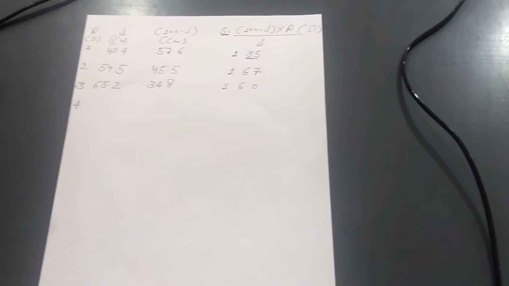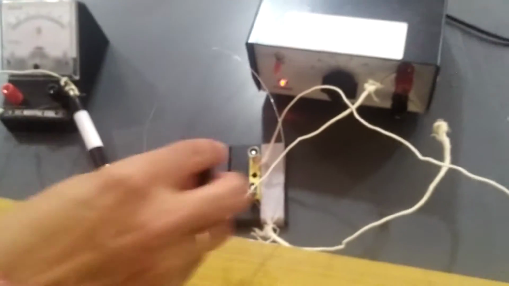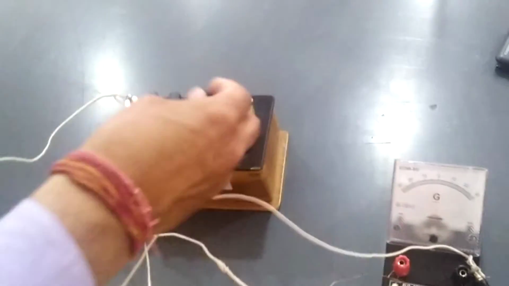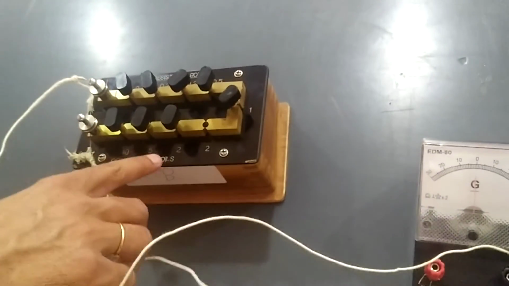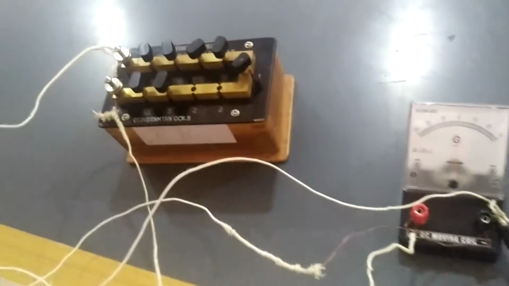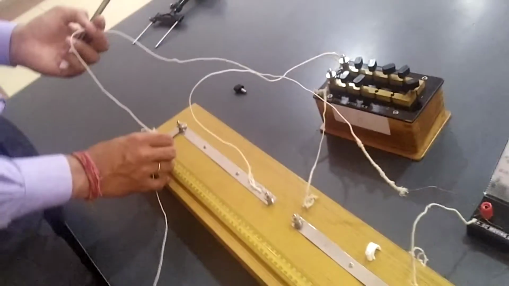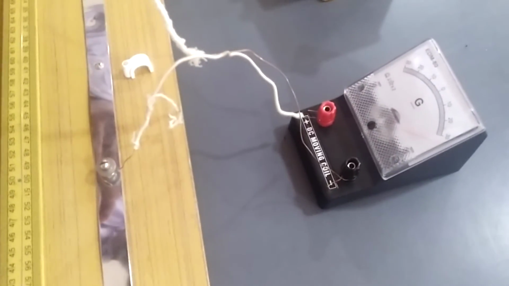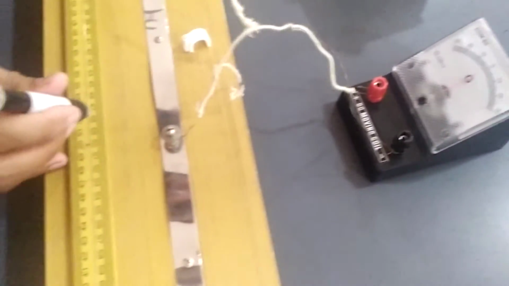So again tap on the key. Now what I am going to do, I am going to turn it off. I have to bring 4 ohm in the circuit. This 2 and 2 will come in the series. So this is 4 ohm. Now checking the both sides deflection. It's coming this way, perfectly fine. If I touch it there, it's going that side, perfectly fine.